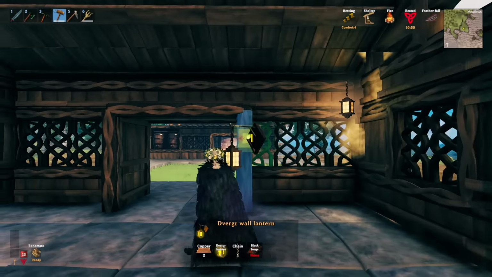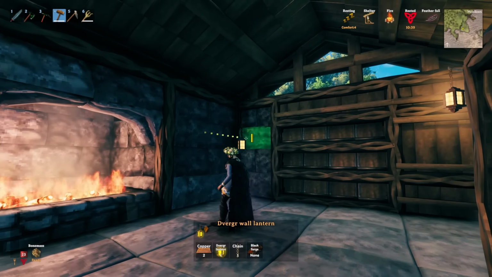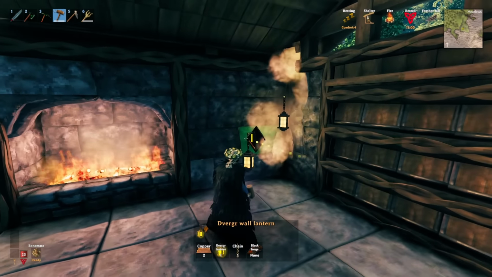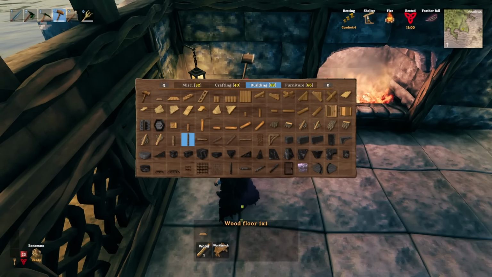So in each corner, I'm going to place down a Diverger wall lantern. At the front of the structure, it's going to be right at the top, and then on the stone part, it's going to be on the third layer of stones like this. Then grab my workbench, place it on the left hand side of the hearth. We'll place a little